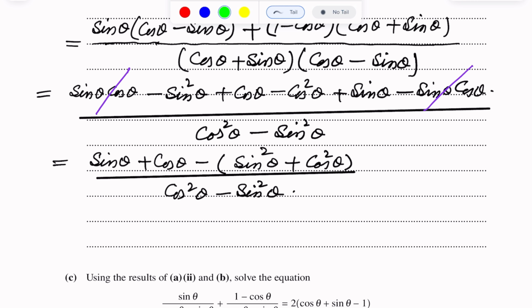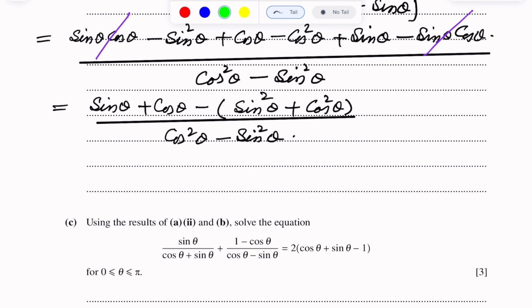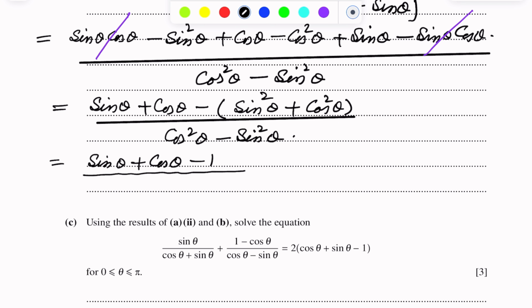So sin square plus cos square is equal to 1. So we can write sin theta plus cos theta minus 1 over